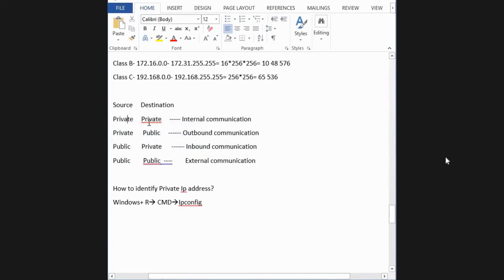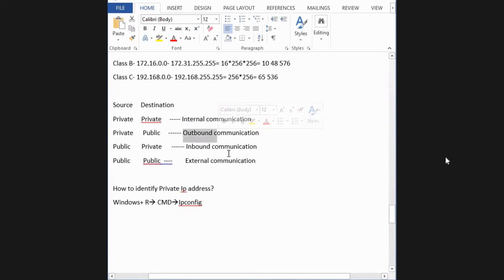Because see, private to private means what? If you are communicating internally, you can call it an internal communication. Like if you are taking any printout or sending anything to your colleague, you can call it an internal communication. So outbound means what? If you are searching something or sending data to the outside organization, you can call it outbound